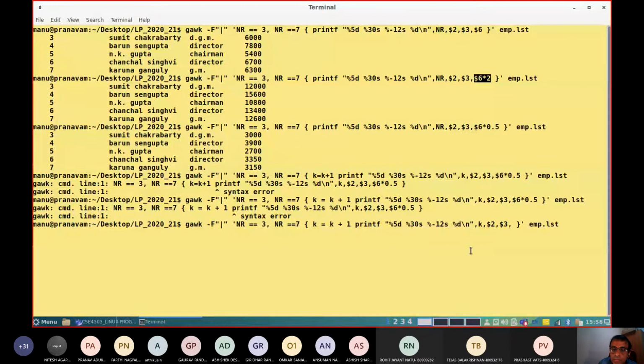First one is integer, second one is $2, $3. $2 K $3.